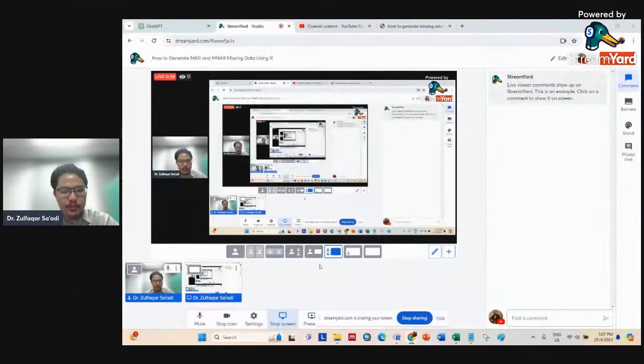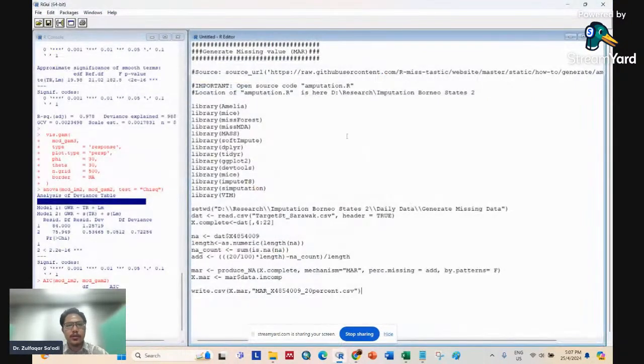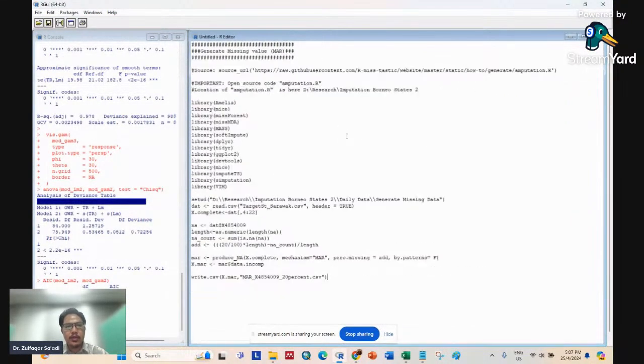Actually, you can also use this code for MCAR, but I will show you how to do this by using R. So I will share the screen. Okay. Now we directly go into the code. So for this code, first you need to